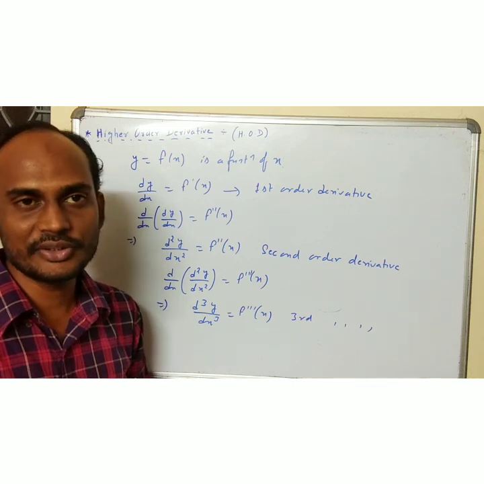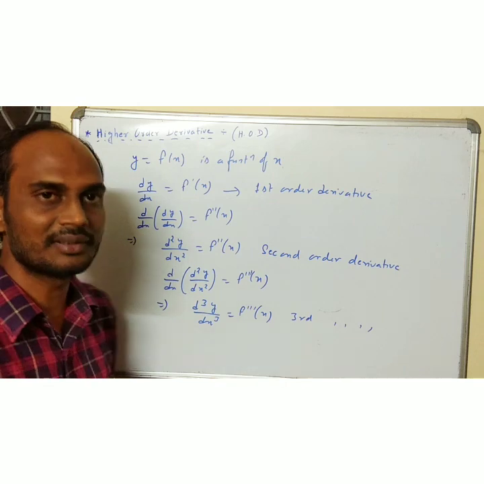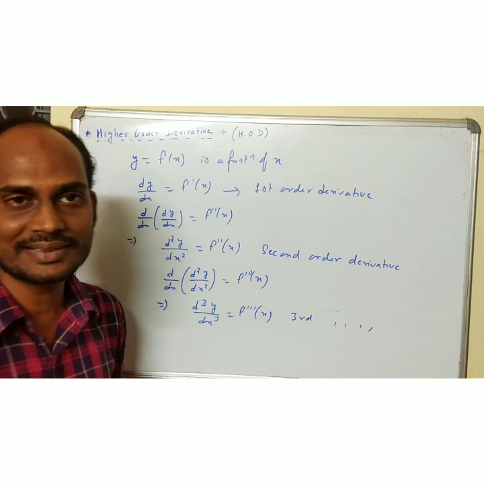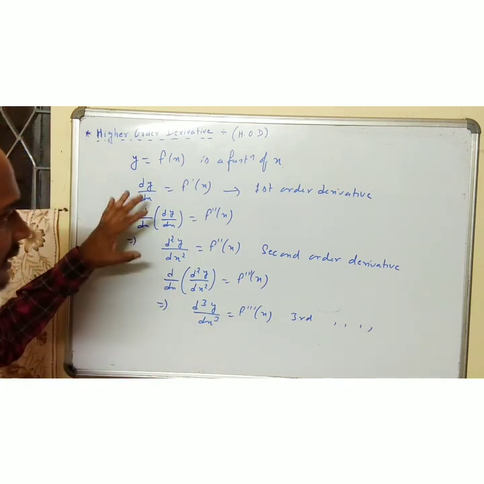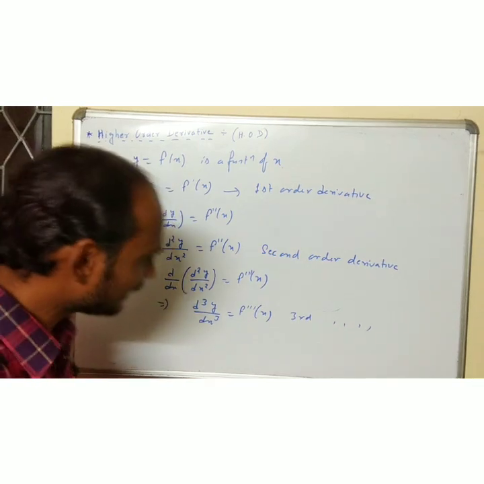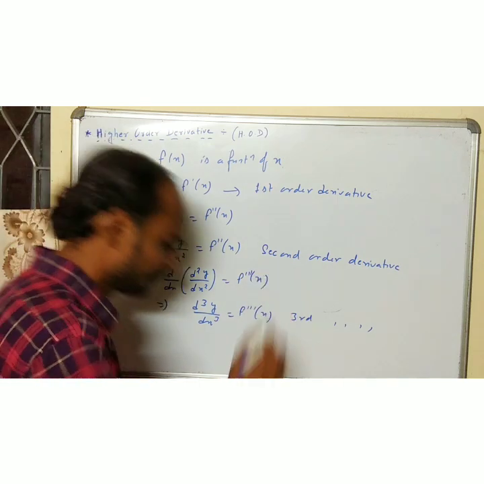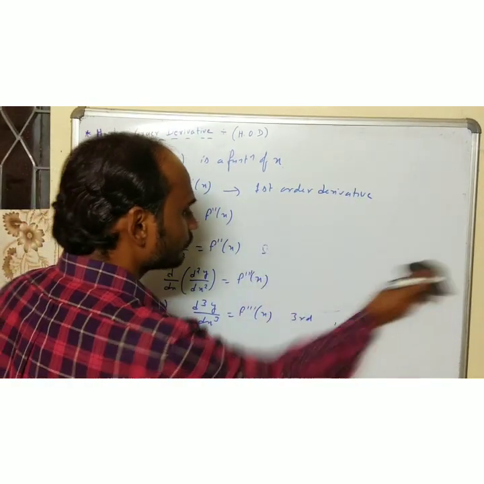That means if the differentiation of a function is continuous, and you can find its differentiation a second time, a third time, like that, then we call this successive differentiation. So this is about the meaning of successive differentiation. I am giving you one example in order to make clear what is the meaning of second order differentiation. Let us take one example here.